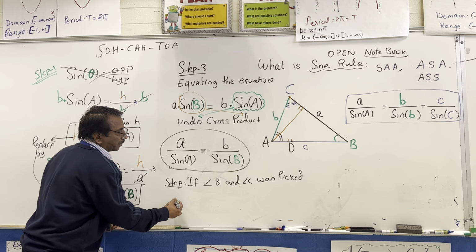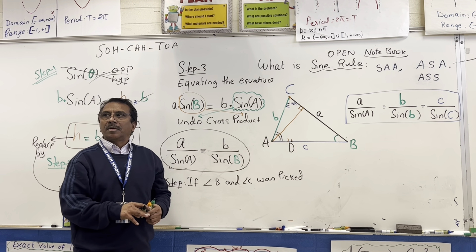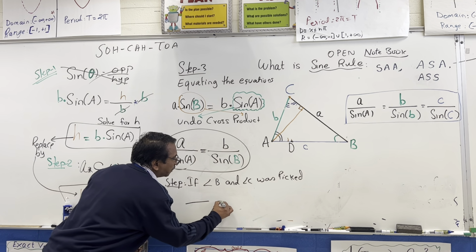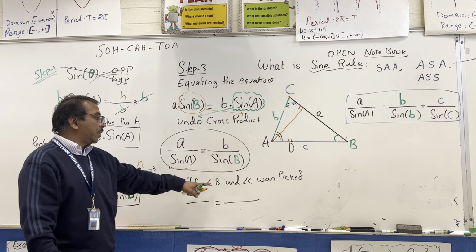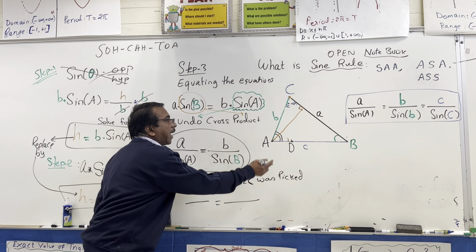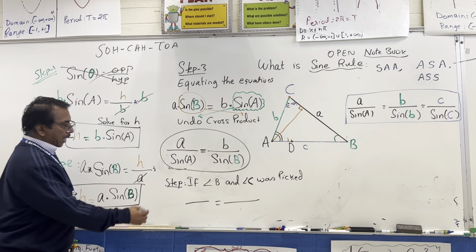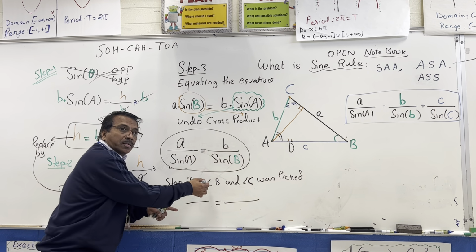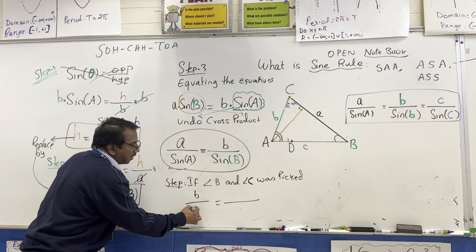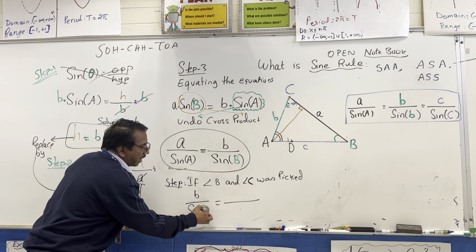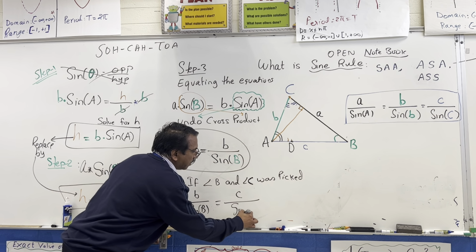Okay, I'm going to write it. It has to be something up, down, right? So if I had to use uppercase, the angle, this one and that one, look at this. Lowercase b over sine, because we picked the angle B, so lowercase b over sine of B, correct? equals